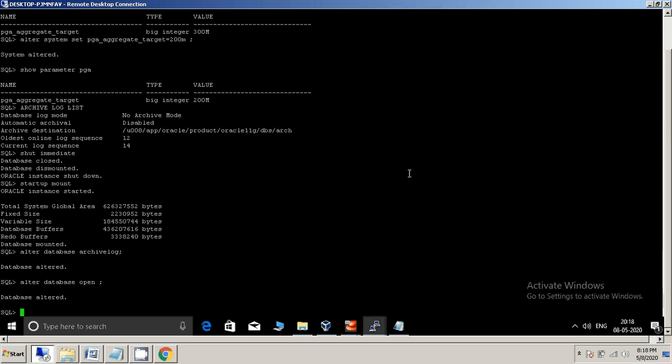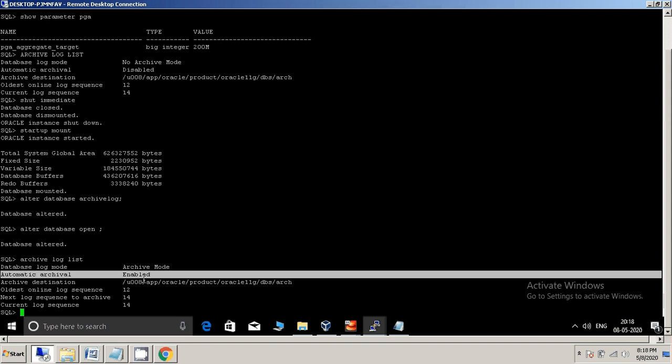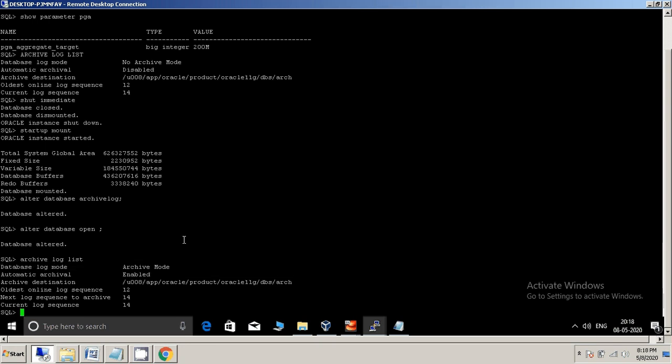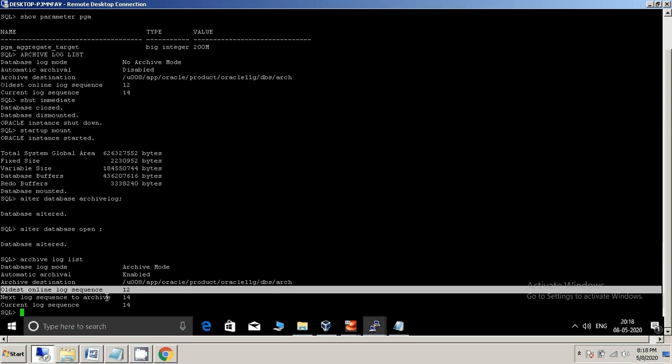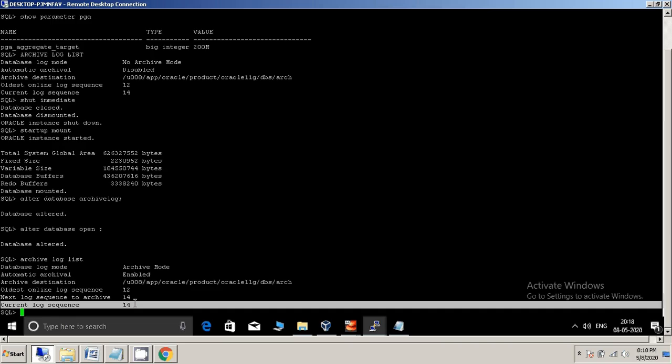Now let's see. Here the automatic archival is enabled and the database is in archive log mode. We can see the oldest online log sequence, next log sequence number, and the current log sequence number.